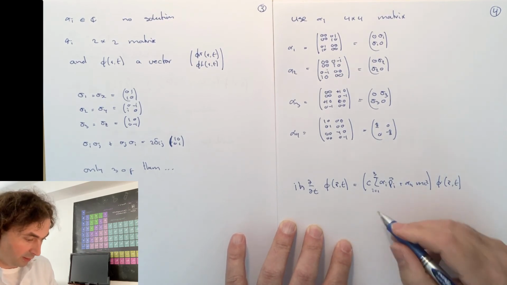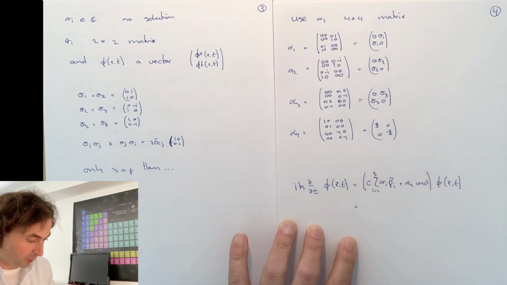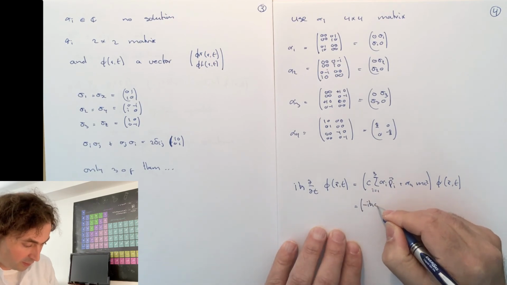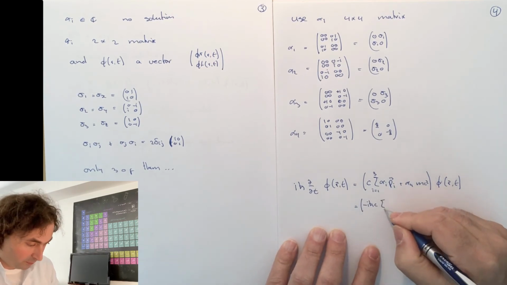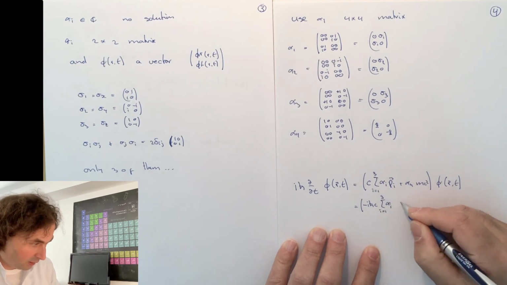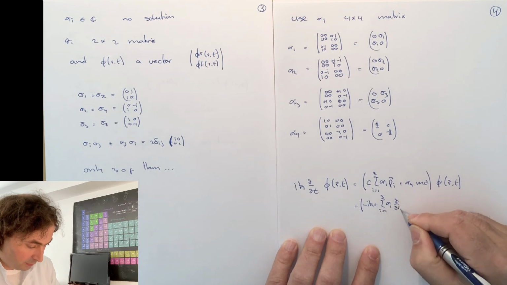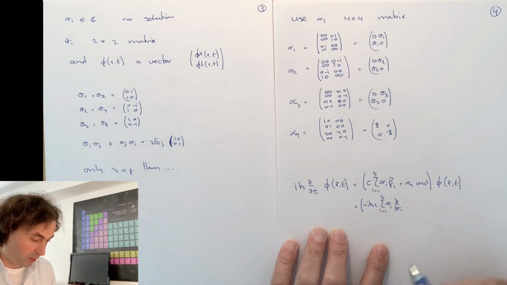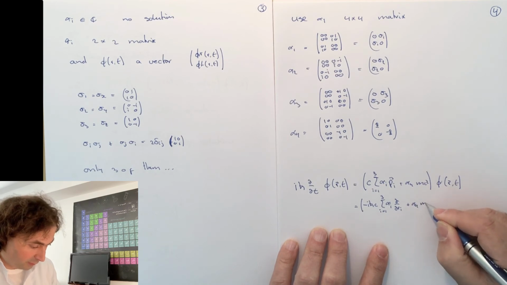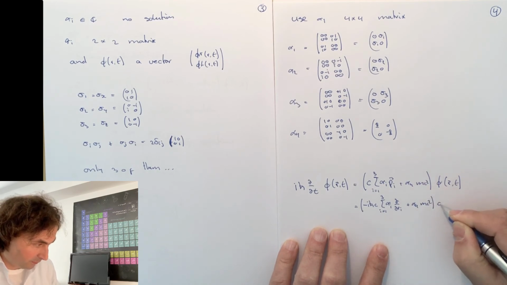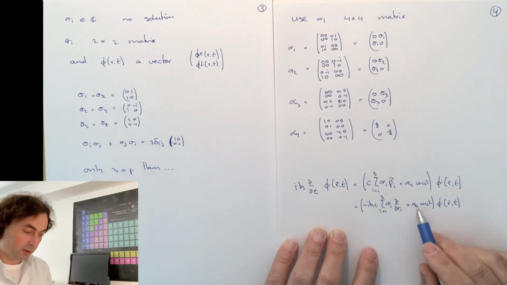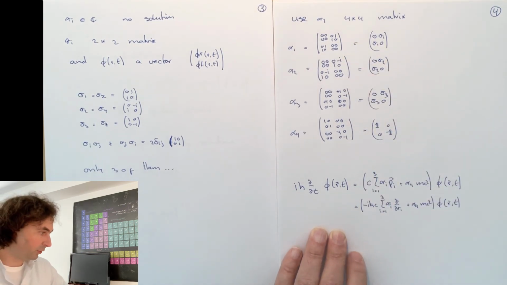And of course we can put in the momentum operator as well. Minus i h bar c sum i is 1 to 3 alpha i, the spatial derivative, plus alpha 4 m c squared times the wave function, where the alphas are 4x4 matrices